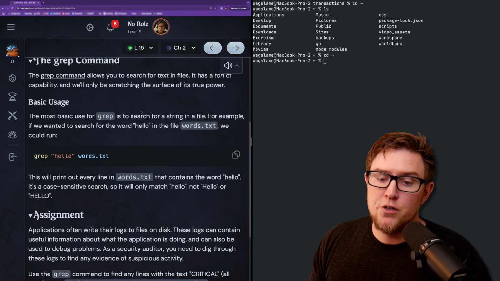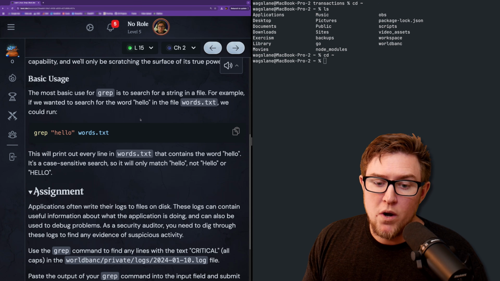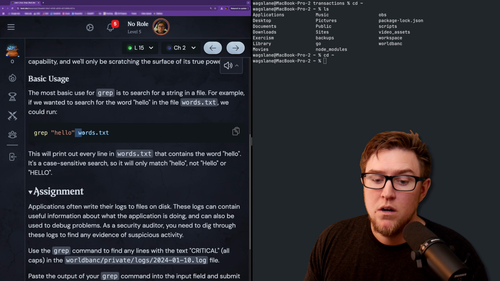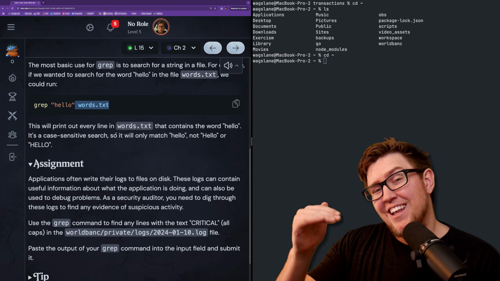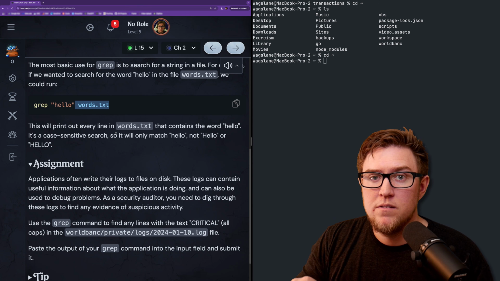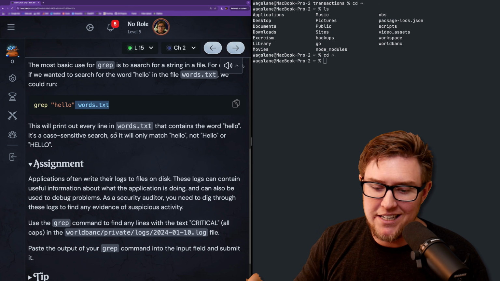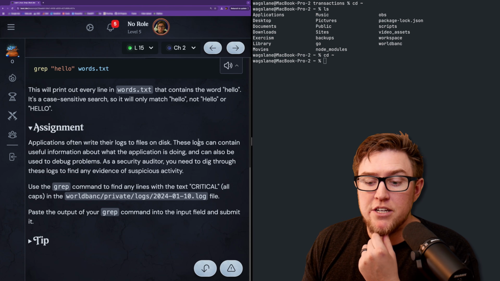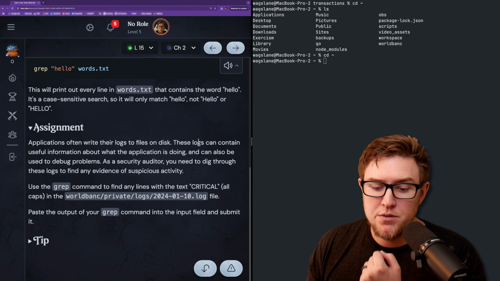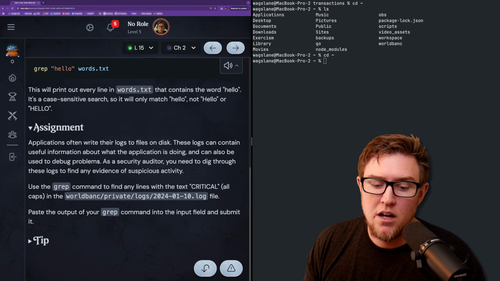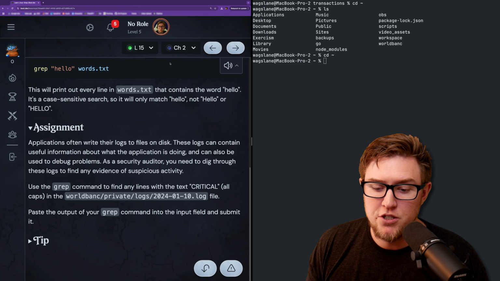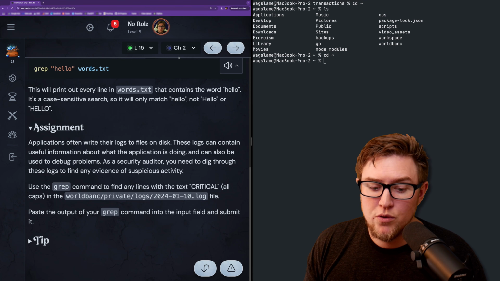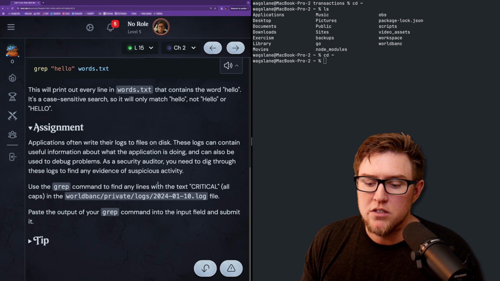So the most basic usage for grep is to search for a string in a file. For example, if we wanted to search for the word hello in a file called words.txt, we just run grep hello words.txt, and it would print out every line in the text file that has that word hello in it. Applications often write their logs to files on disk. These logs can contain useful information about what the application is doing and can also be used to debug problems. As a security auditor, you need to dig through these logs to find any evidence of suspicious activity. Use the grep command to find any lines with the text CRITICAL, all caps, in the World Bank private logs